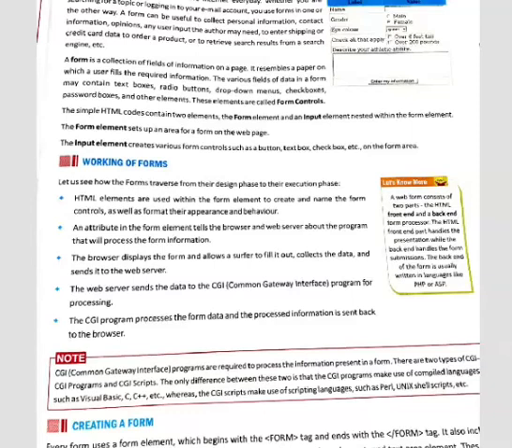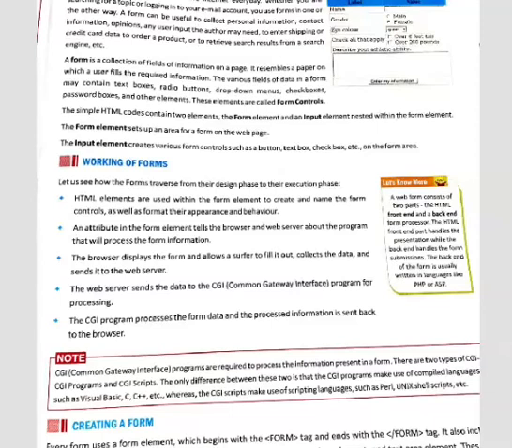The browser displays the form and allows a user to fill out, collect the data and send it to the web server. It means the browser is used to display the form where user can insert data. The web server sends the data to CGI. It means the Common Gateway Interface program for processing.